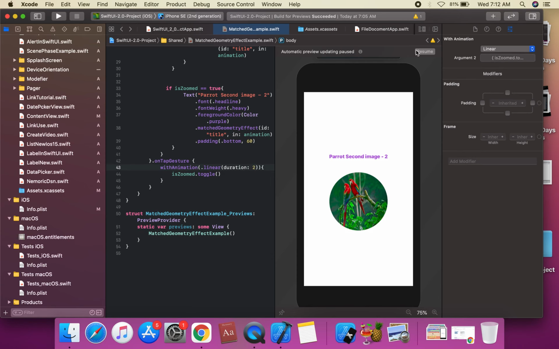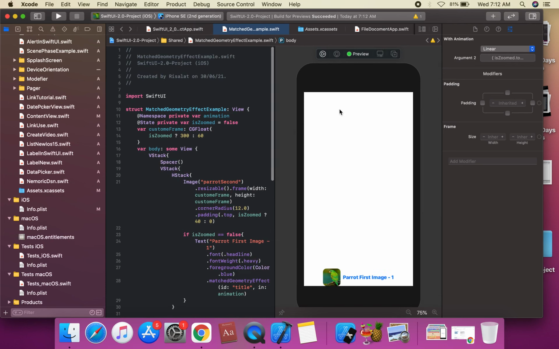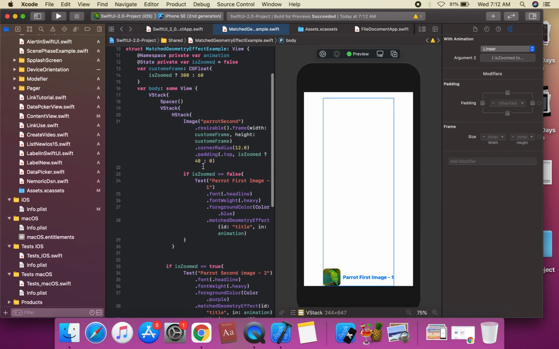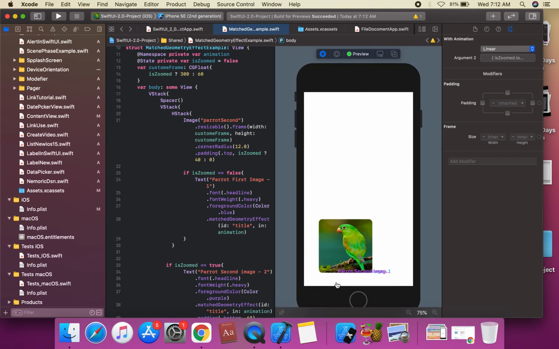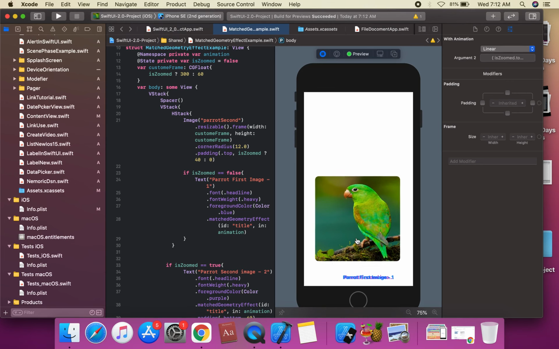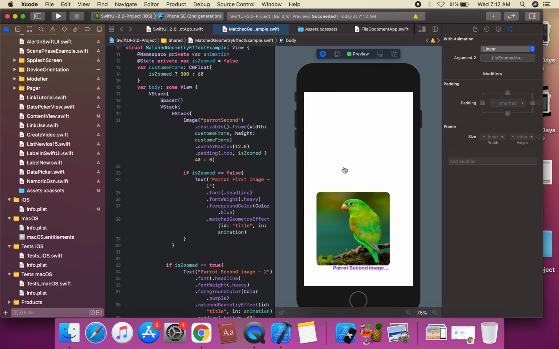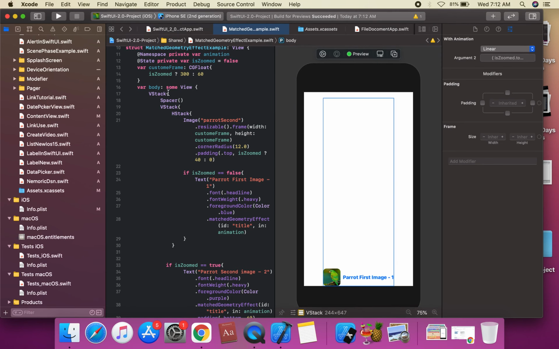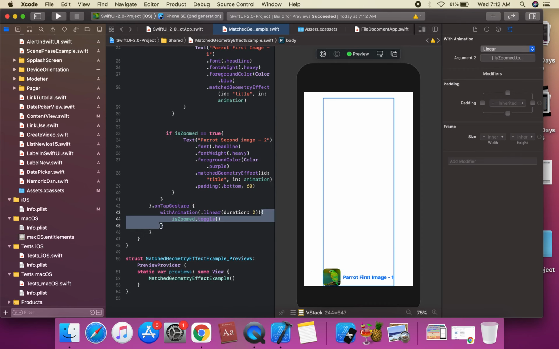We're going to resume on this project and check the UI. We're going to apply a frame and background on this VStack, sorry, on tap gestures.